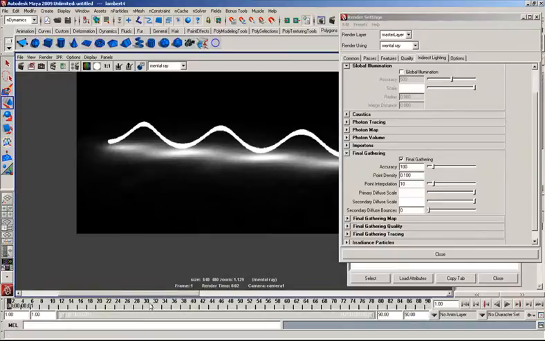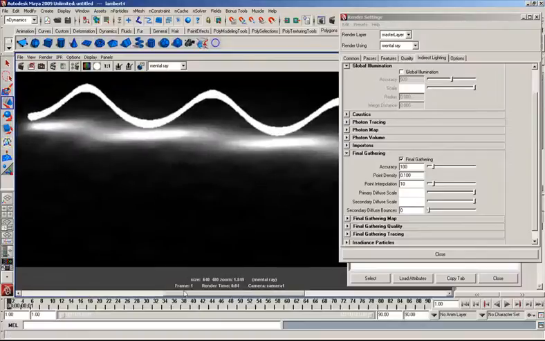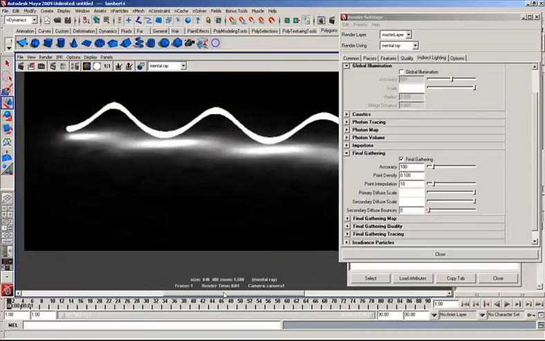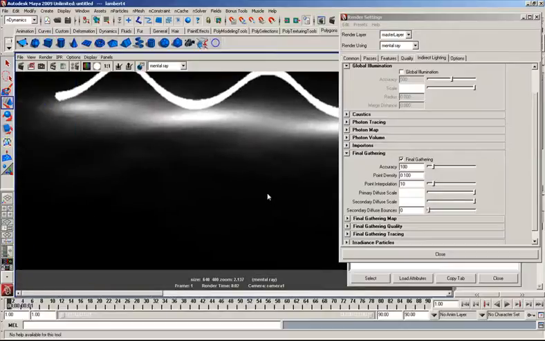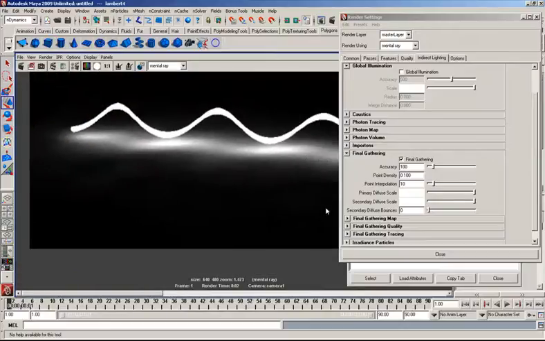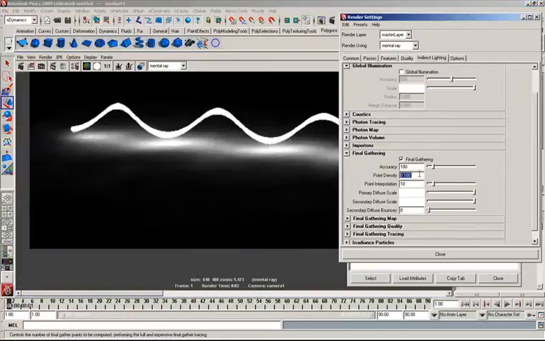So you can see that there's less density, so there's less points, and then you get, that's a lot of points. You can see there's a lot of blotches, and here there's less points, so there's less and bigger blotches. Make sense? If I had a point density of 10,